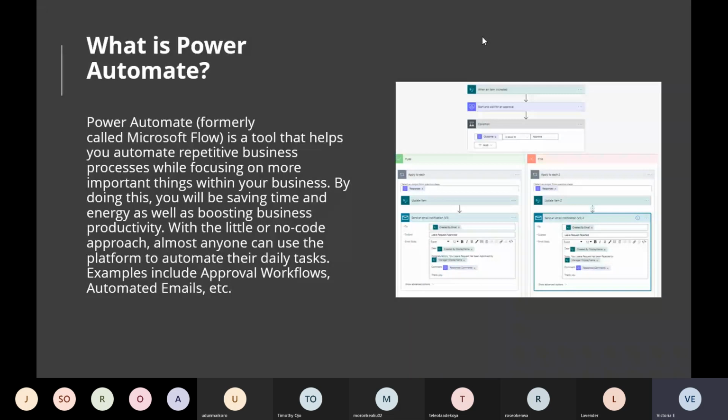So back to our scenario. I've requested for leave and my manager has to action on that leave. With Microsoft Power Automate, you can actually build a Microsoft flow that would send a notification to your manager. It can be just send an email, it can be, okay, send an approval request. So the Power Automate can actually send an approval request that will say, okay, this particular staff is going on leave, and